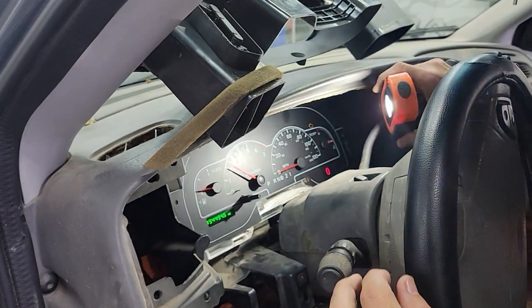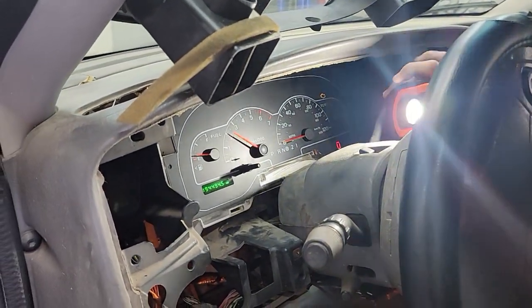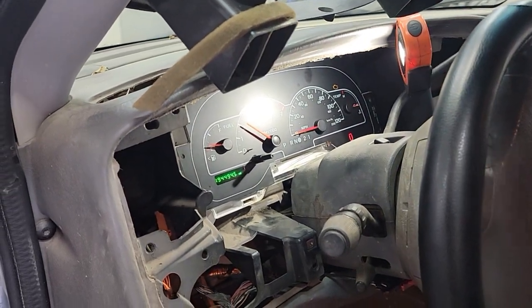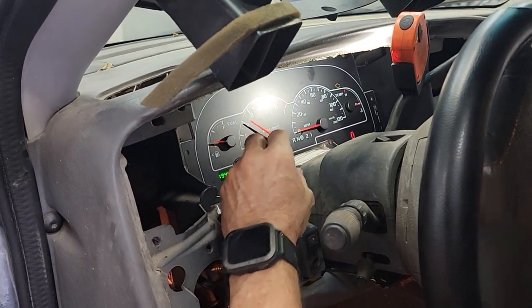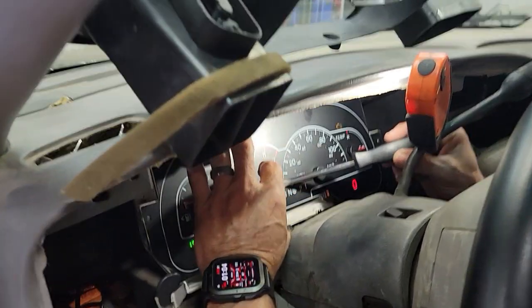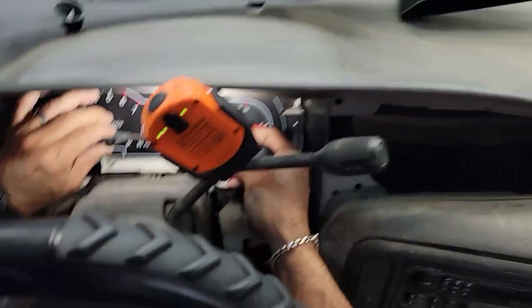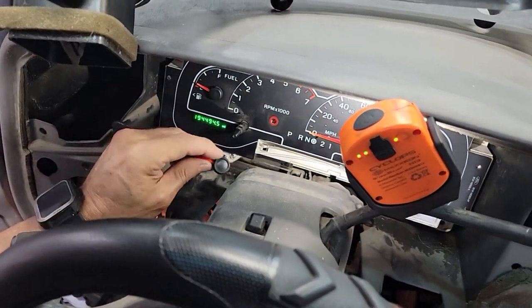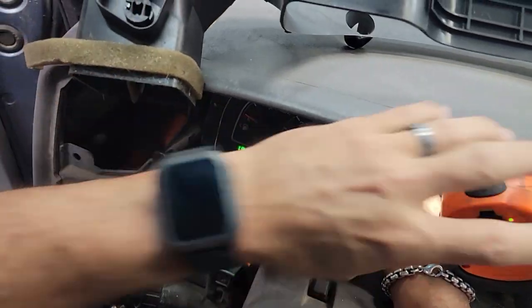I'm guessing this is going to idle around 1,500, no, about 1,000, probably, not even 1,000, so it's about 1,000 high. So all I'm going to do, now this isn't the needle that came on this car, this is a replacement. It's off the Ford, but not this Ford. So if you have a known value, you pull that needle off, you have a known value that your car idles at,